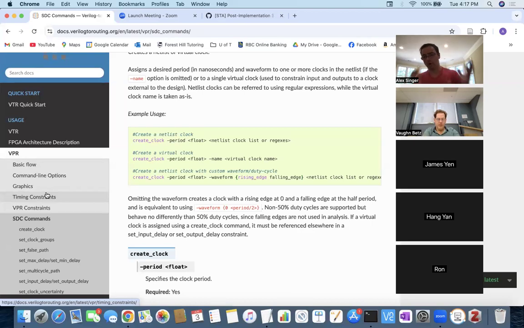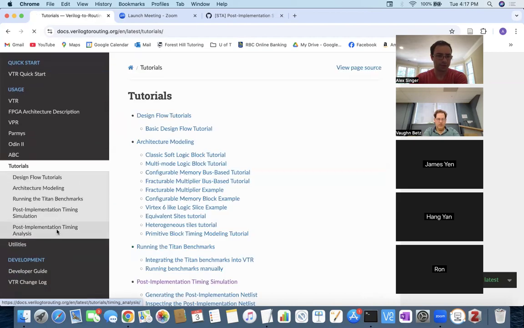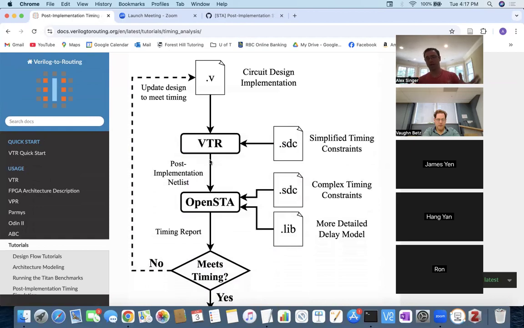You wanted to support all SDC commands to perform a more detailed timing analysis. So let me explain what that means. The idea being that you have real timing constraints that you know from analyzing your circuit in depth, and you put these into a more complex timing constraint file, and you also have a more complex detailed delay model, and you want to use the placed and routed solution from VTR to